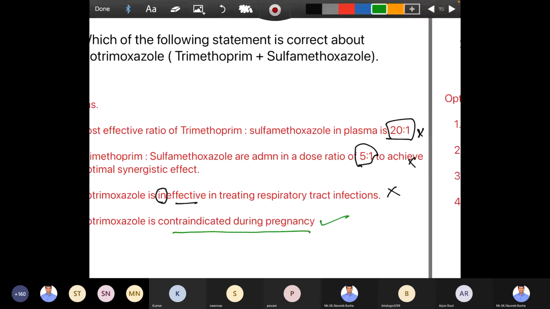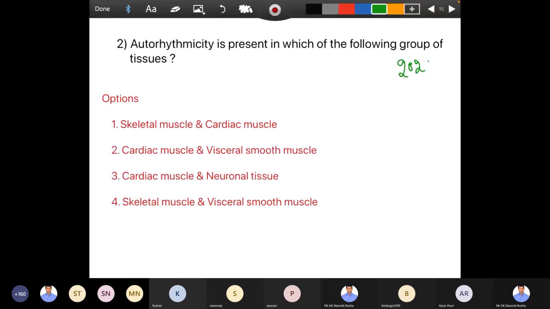Let me give you one more example. This is also from GPAT 2020. Now, autorhythmicity is present in which of the following group tissues? Now, understand this. Auto means self. Rhythmicity means giving rhythmic contractions. There is a rhythmic contraction. Now, we see